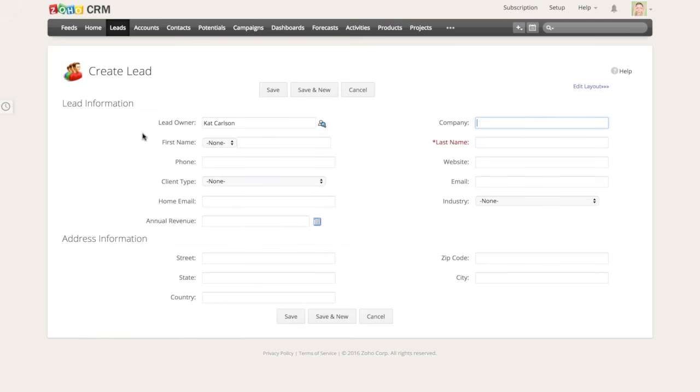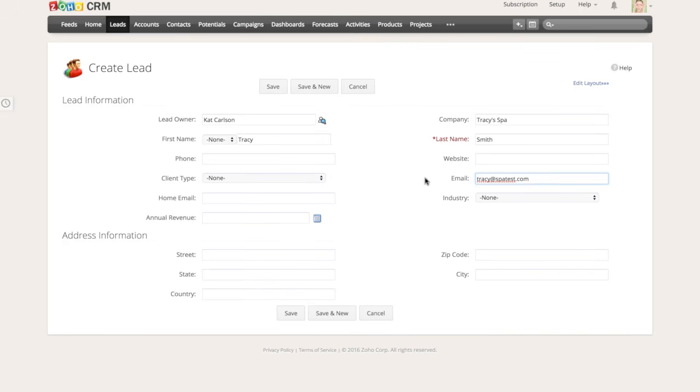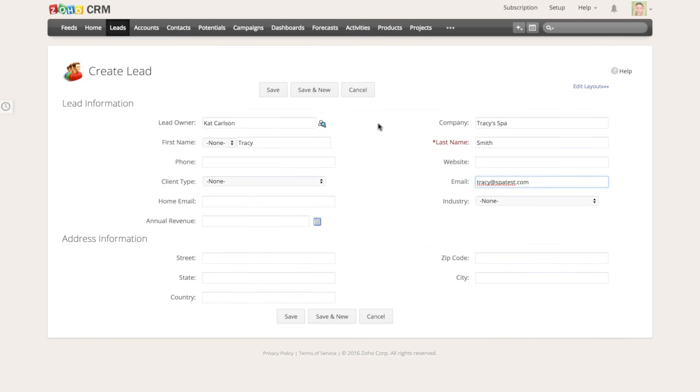and it's going to pull in the data fields customized for my business, the data that I think is important to collect for my business, and I'm going to fill in all of the information that I have on my lead. So we'll say that Tracy Smith owns a spa. We'll call it Tracy's Spa. And I don't have that much information on Tracy because I met her at a trade show, but I have her email address and her name and the business that she works for. So I'm going to fill in the data that I have,